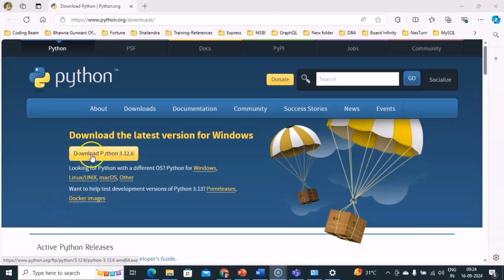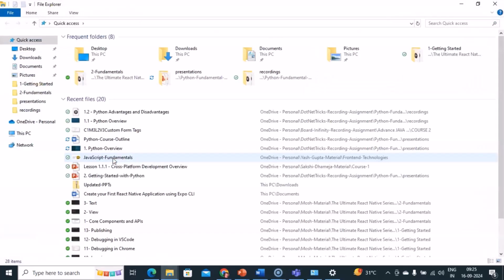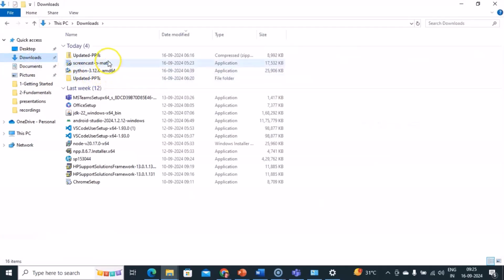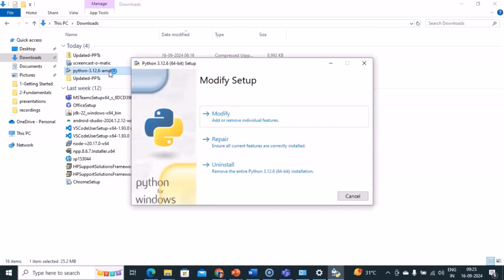You have to download this installer. After that, you will get this installer in your downloads. The moment you get this installer, you need to double click it, as it is an exe file, to start the installation process. I already have installed this Python